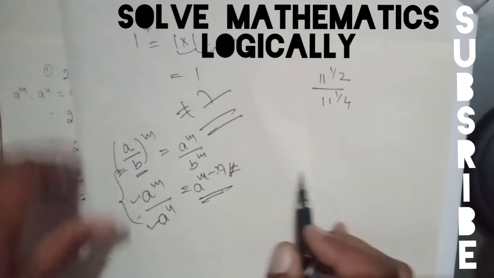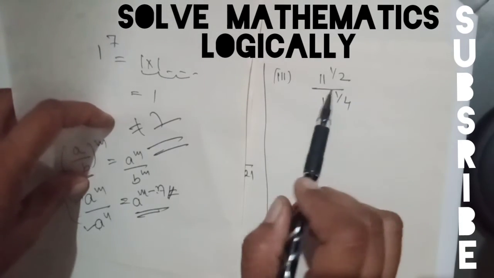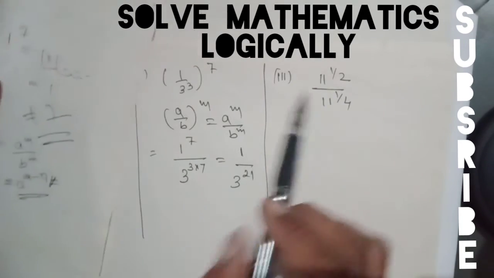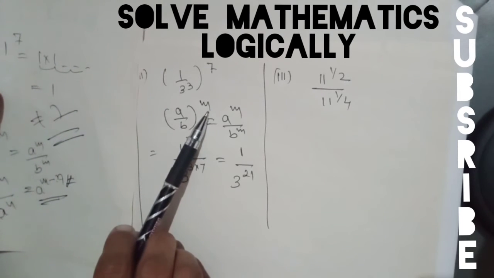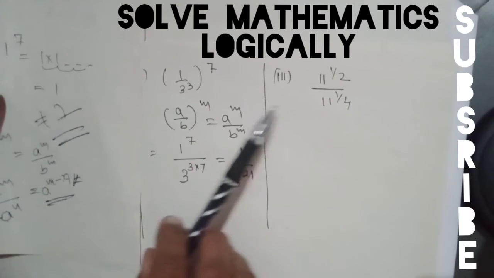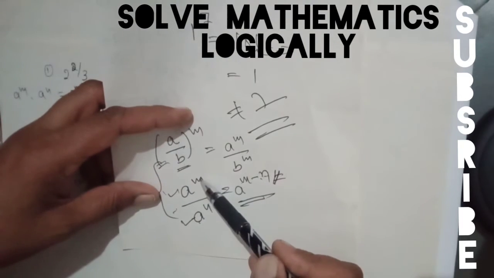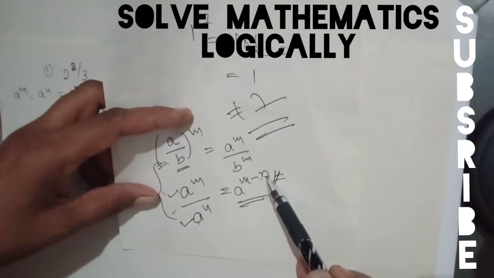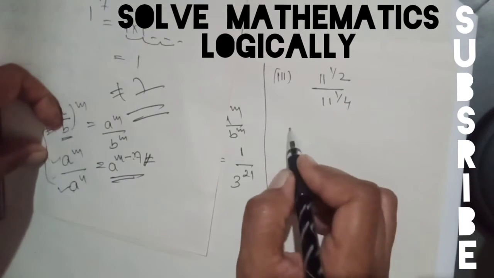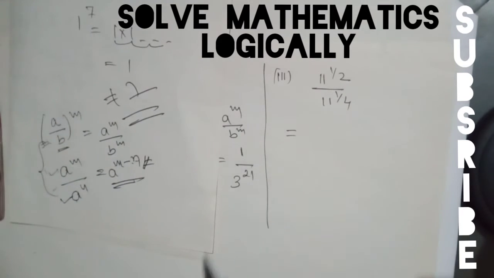So here what are we using? See the bases. What is the base here? 11 and 11. Here the bases are different, 1 and 3. A by B raised to M. Now it is A raised to M upon A raised to N. In this case you are writing A raised to M minus N. So for this type of question I am solving even R.D. Sharma book problems,